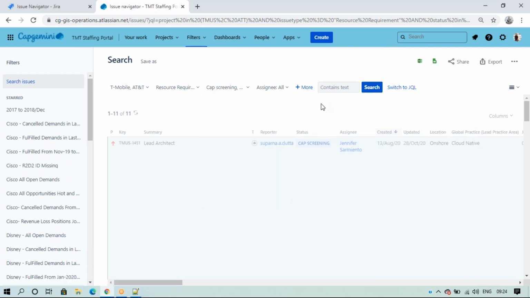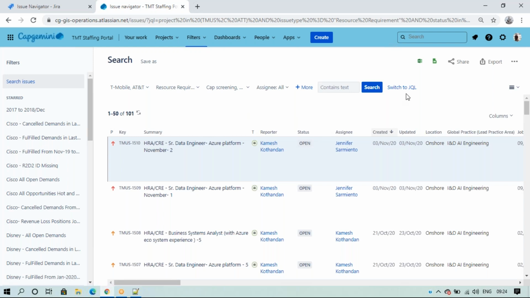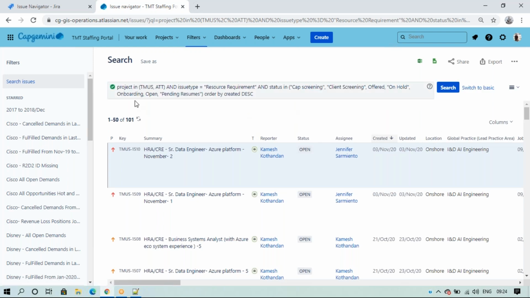So I have this many statuses. If I click on this JQL, can you see here, project in TMUS and AG?